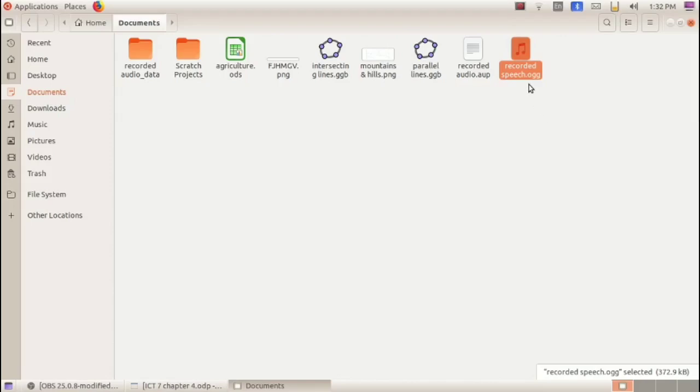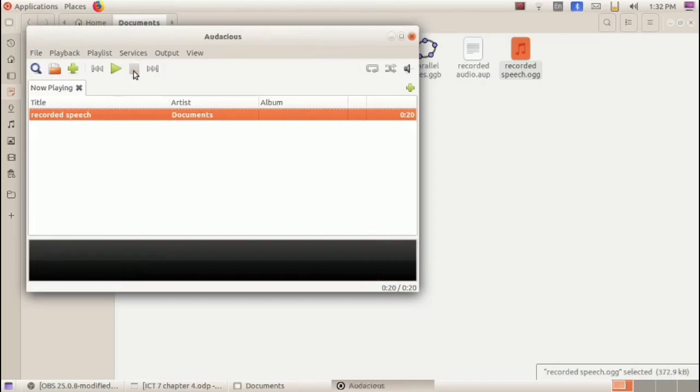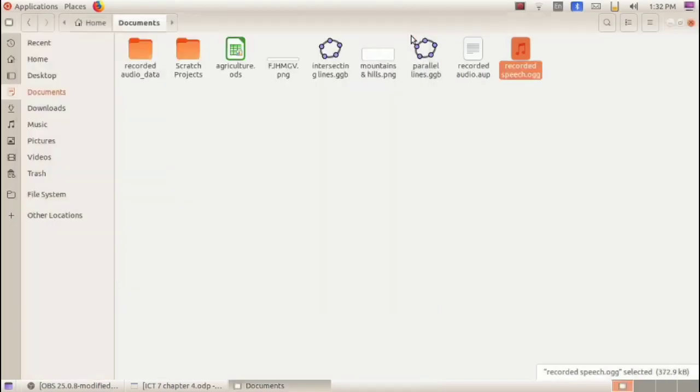See the file extension, it is .ogg. We can open this. Okay, now we have listened to the exported audio, right?